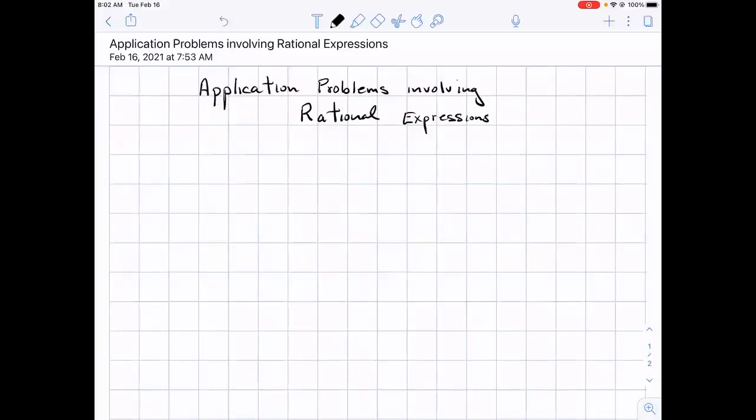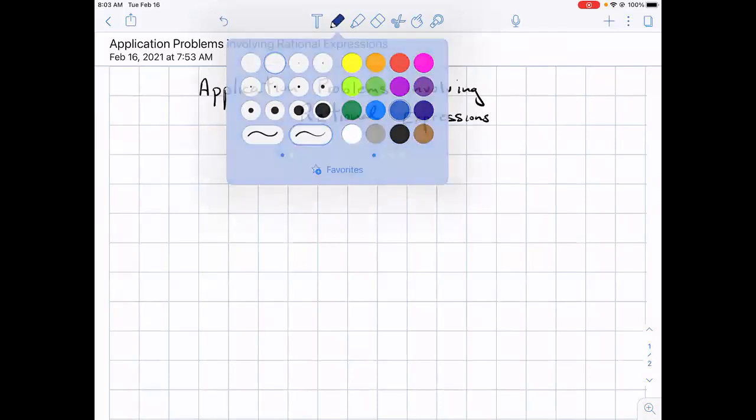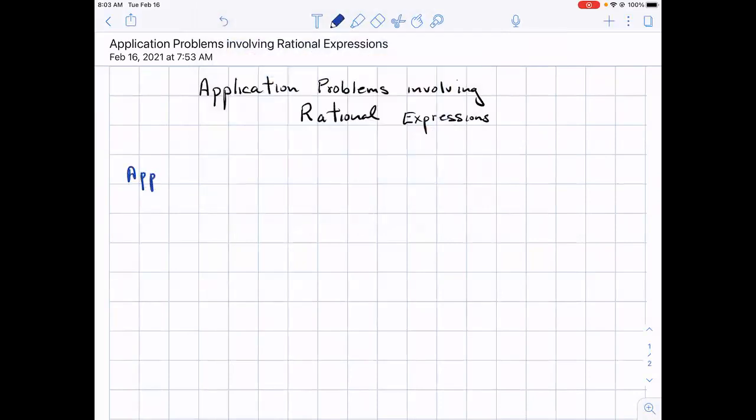Hello. Today we will look at application problems that involve rational expressions. So, meaning that we'll have some word problems, but we're looking specifically at rational expressions. Now, keep in mind that when we look at application problems, also known as word problems, okay,